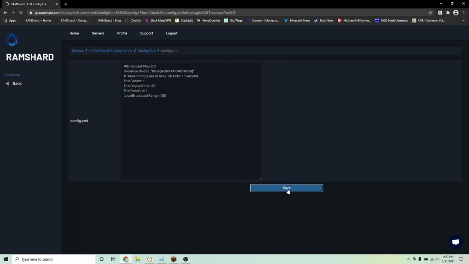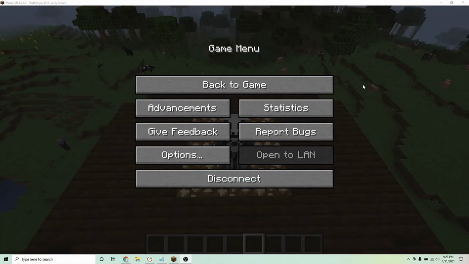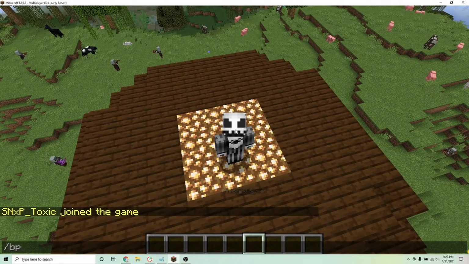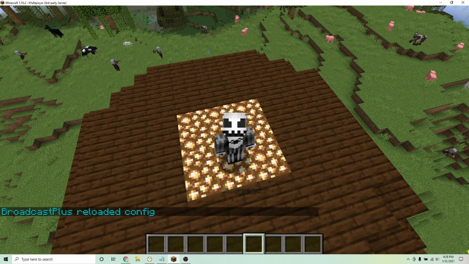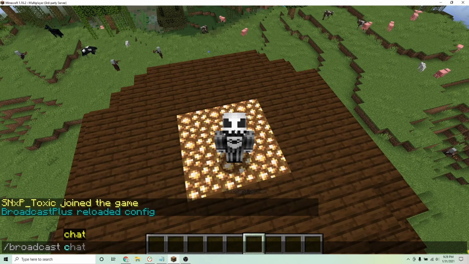After these settings are changed to your liking, head into your Minecraft server. Once on your Minecraft server, to load your edited settings, go to the chat box and type the command \bp reload. To send a broadcast message, type \broadcast, the method you want to send it, and the message you want